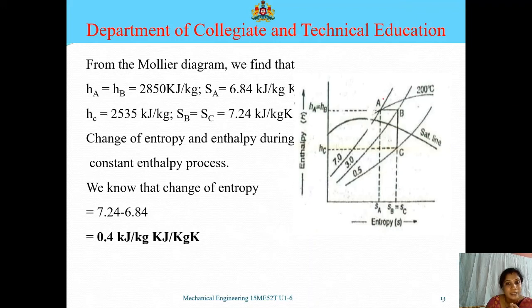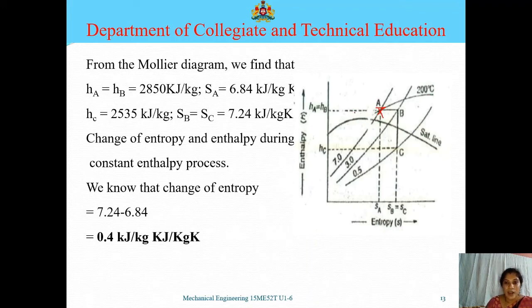What is the next thing I did? So we need to search for the temperature line. What is the temperature he has given? He has given it as 200 degrees Celsius. So I'll search for the temperature line where the temperature is 200 degrees Celsius. So this is the 7 bar pressure line, and this is the temperature line. The intersection of these two lines, I'll mark as A. So this is the initial condition. So the intersection of the pressure line and the temperature line will give me the A.